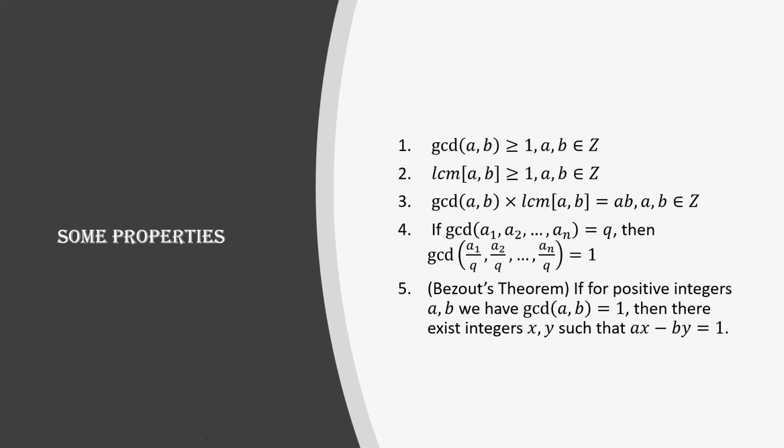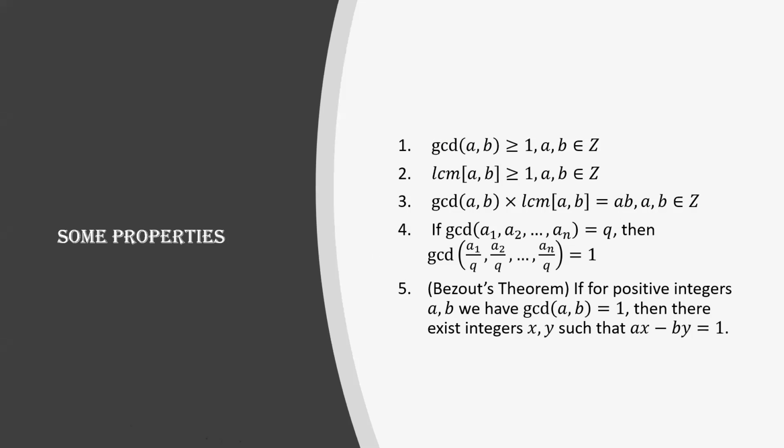See, you have just asked what is the proof of Bezout's theorem. So we cannot prove this Bezout's theorem here. That is why it's called Bezout's theorem. Otherwise, see these 4 properties, they are not counted as a theorem or anything. These are just some random properties. But the fifth one is a theorem more than a property.